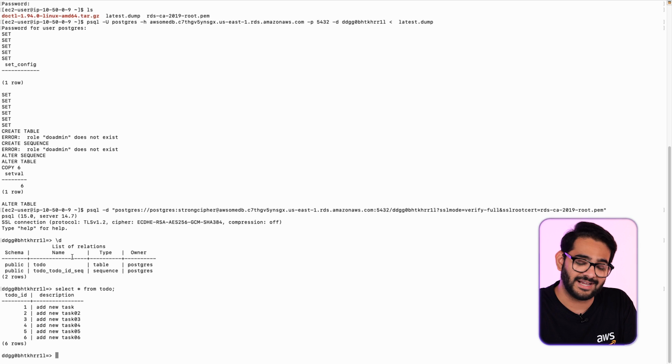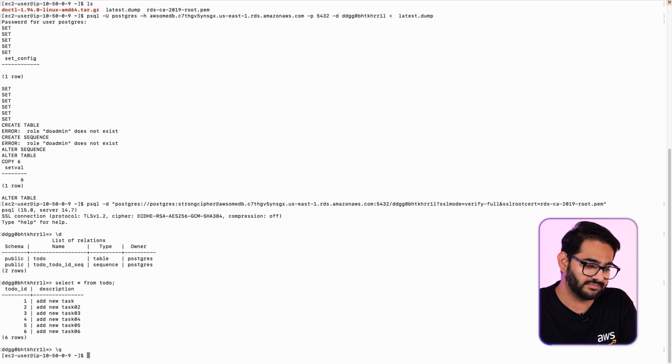So it's that easy using PG native tools. We just took a backup and uploaded it to RDS. So that's about it. We have just completed the migration using the dbdump method, which is useful for small databases. But what if you have a large database to migrate? For that, we can leverage the AWS Database Migration Service, which will enable you to migrate large databases to AWS. Let's see how it works.